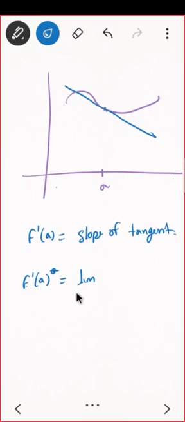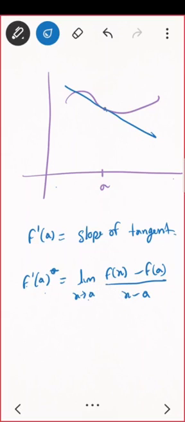So I'll just put limit x tending to a. X tending to a means what? Mod of x minus a is less than delta. We'll write the definition later on. Let us skip that part first and write what is this limit x tending to a of f of x: it is f of x minus f of e upon x minus a. So now we understood graphically what is the meaning of derivative. What do you mean by f dash of a? Okay, this is fine.